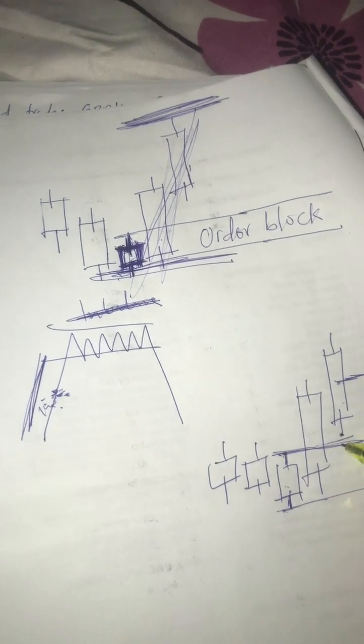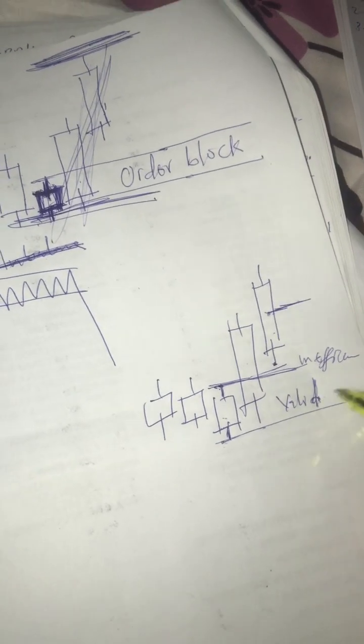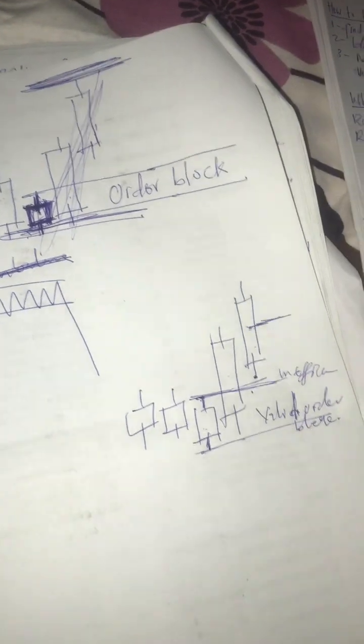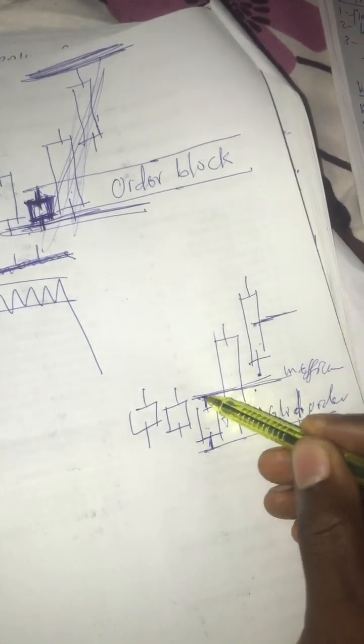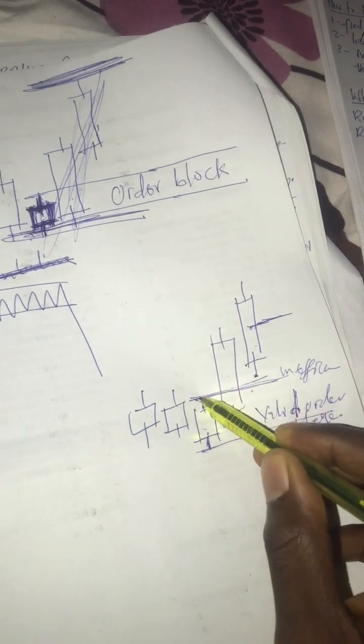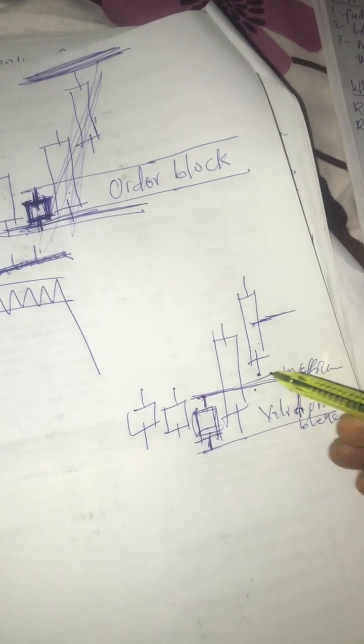There is a gap, right? So this is a valid order block. Valid order block, right? This is a valid order block. What makes it valid is there is a gap between the upper wick of your order block and the next